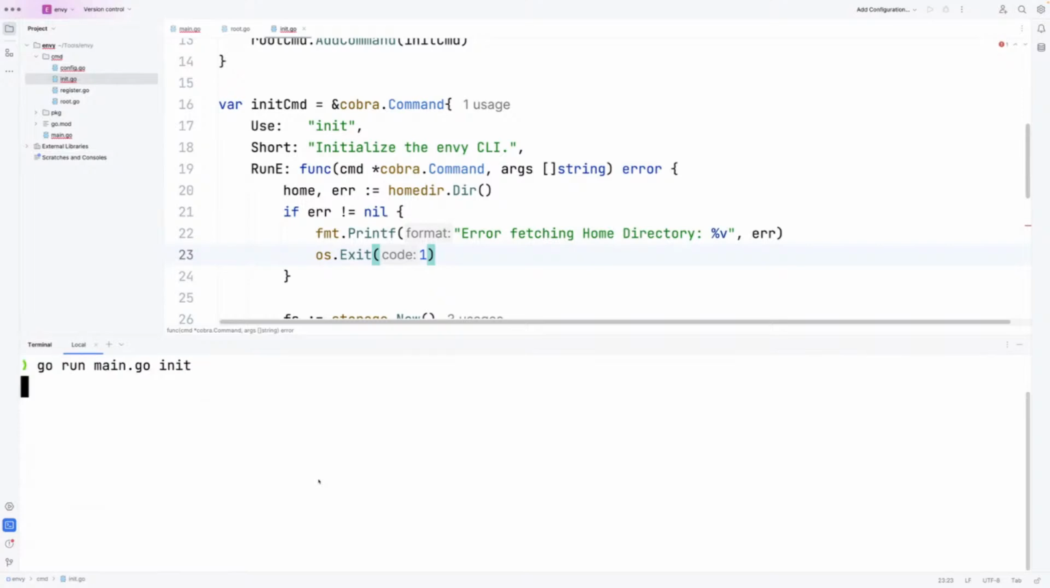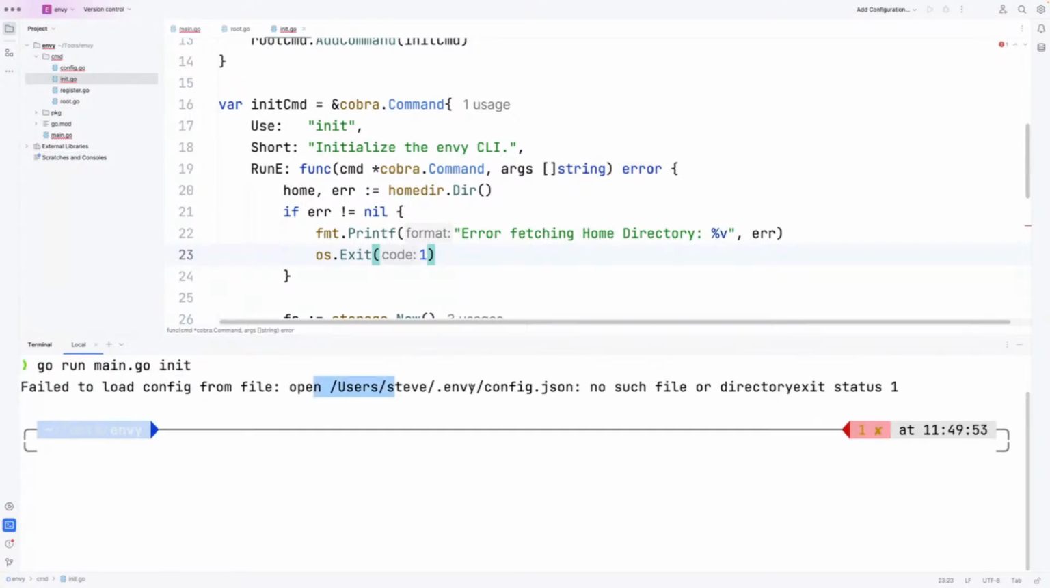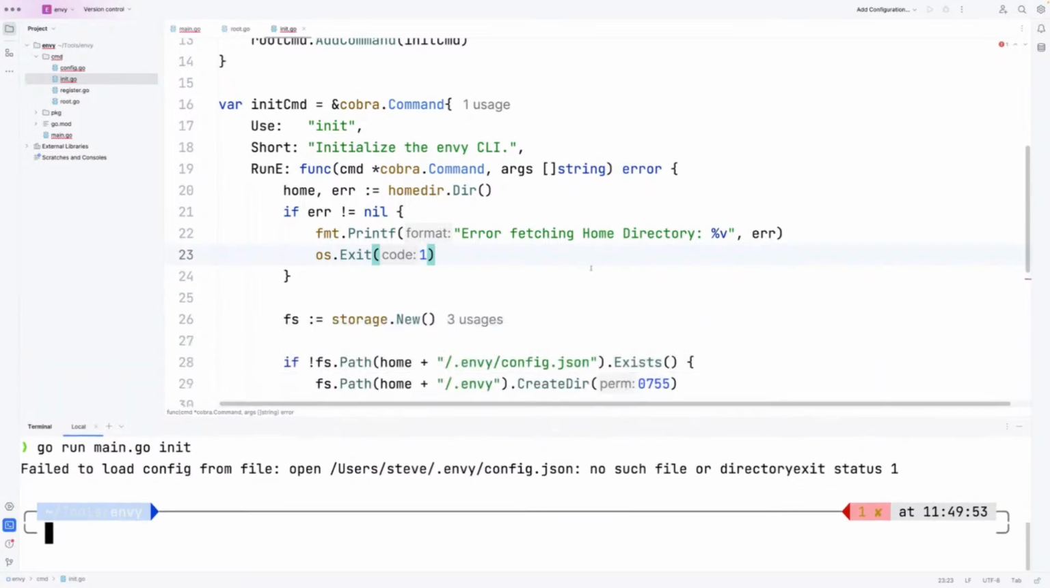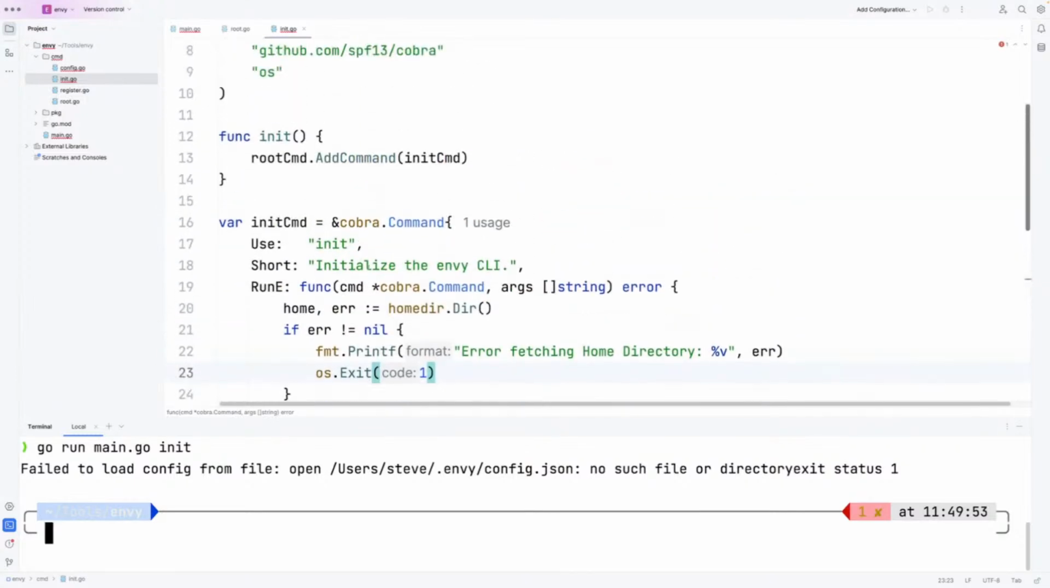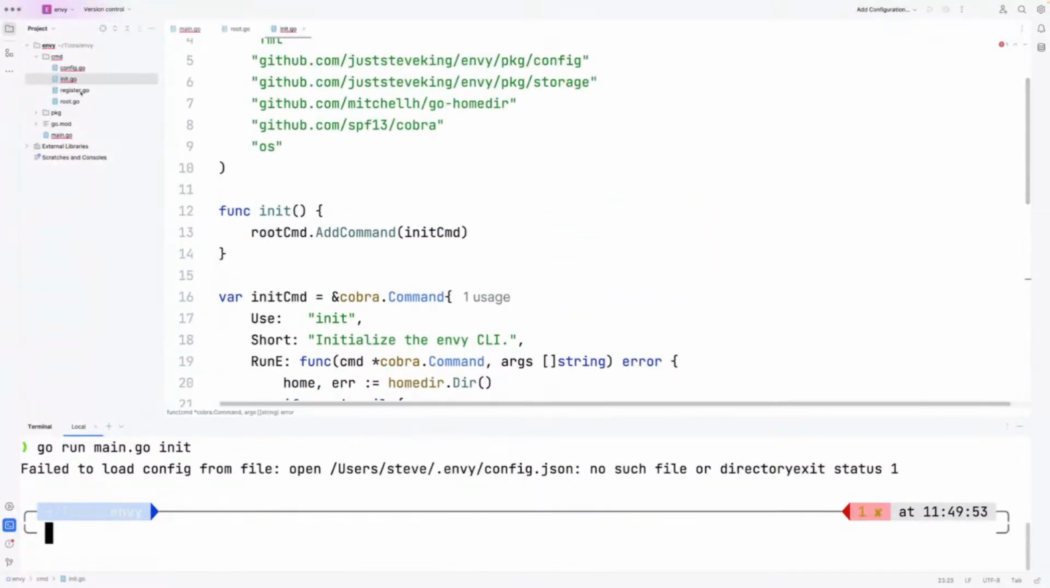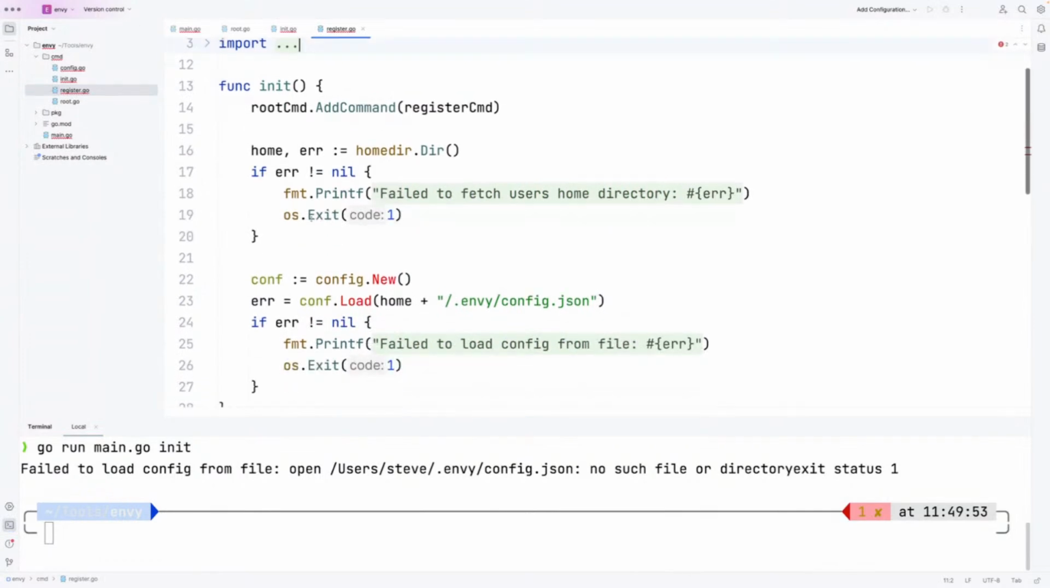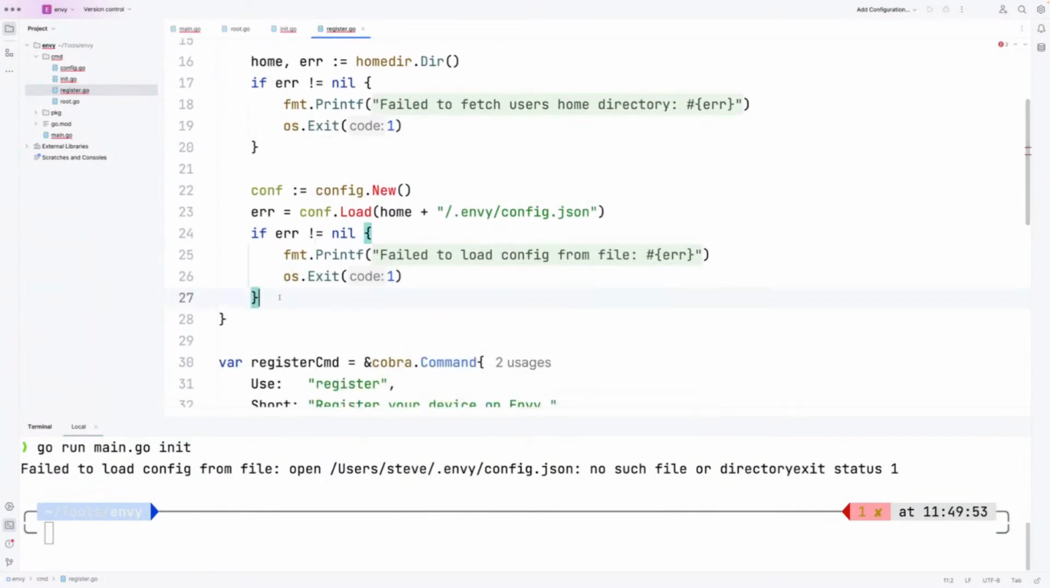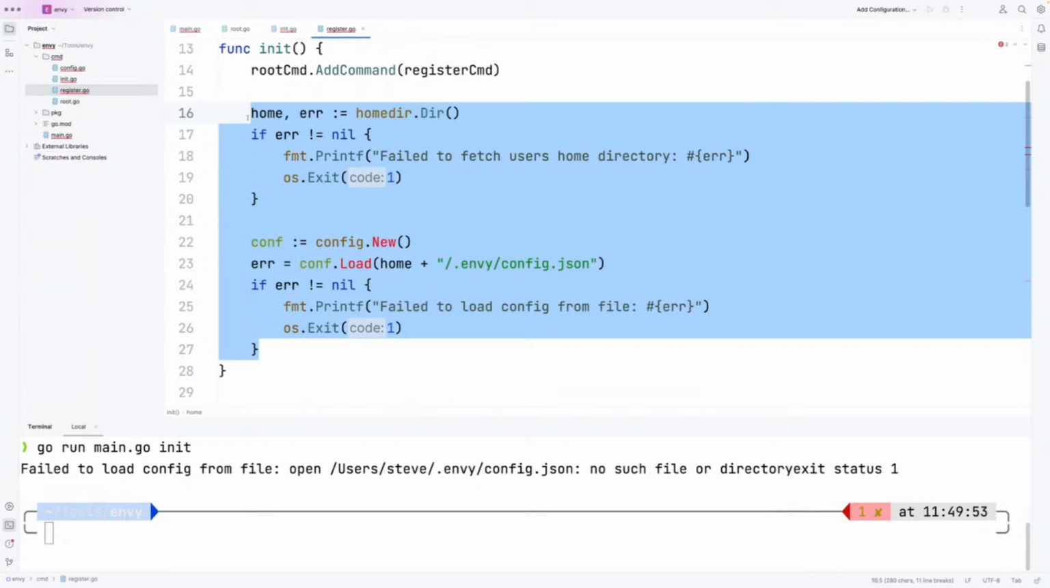Run it again, failed to load config from mv.json. Now, the reason this is happening is because I'm trying to load config in another command somewhere. I think in register, maybe. Init command, add this part here. So if I just comment that out,